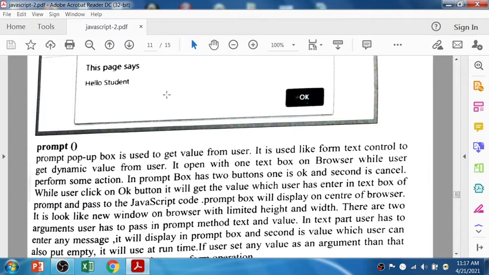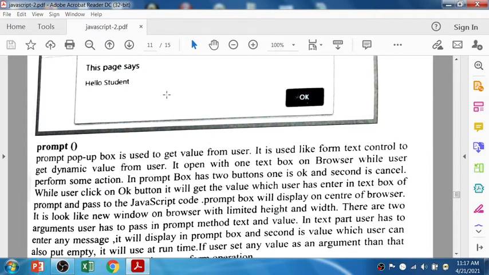There are two arguments the user has to pass in the prompt method, the text and the value. In the text part, the user has to enter the message, what type of value you want to get from the user. That message you use as the text part, and it will display on the prompt box.